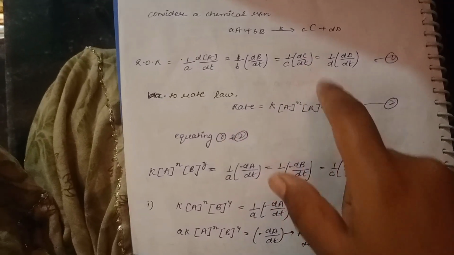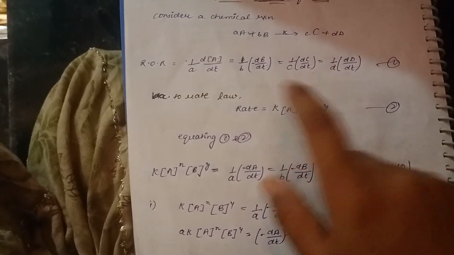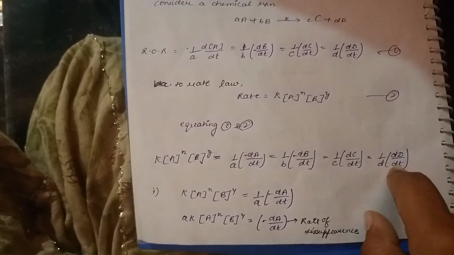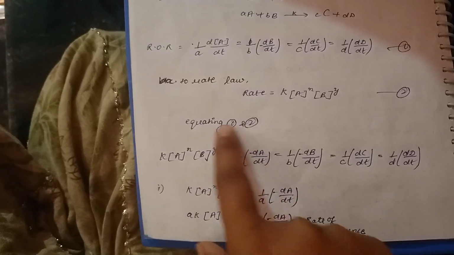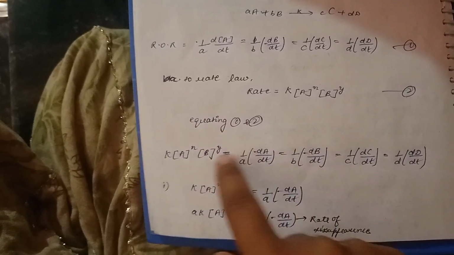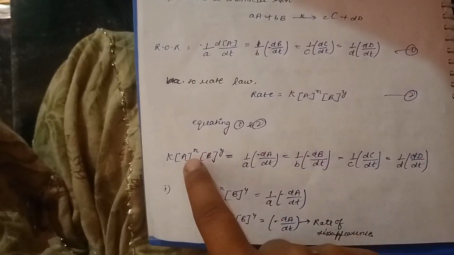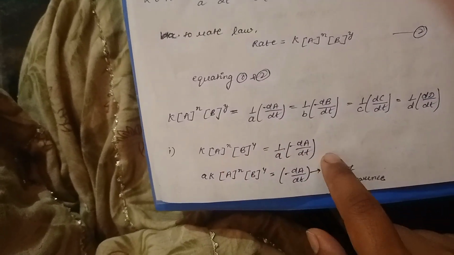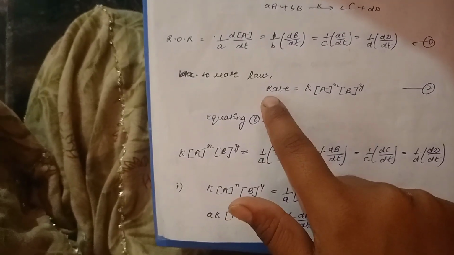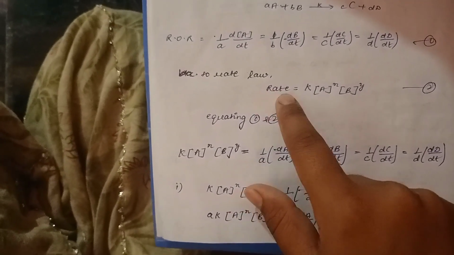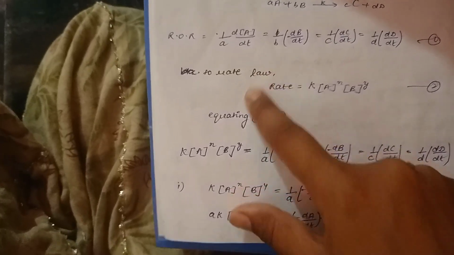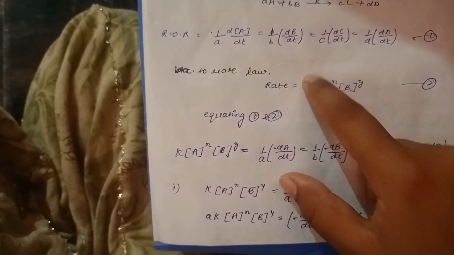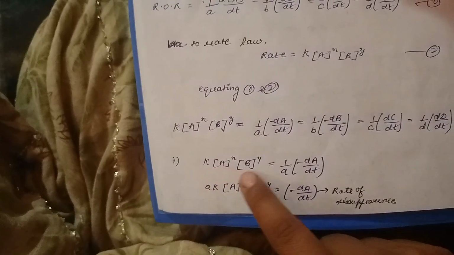By equating both expressions, because both show us the rate of the reaction, we can say that it can be written like that. By equating, I will take this one with this and this with this. First of all, from the rate law, I can say that what remains after the rate of reaction, the concentration of reactants, is considered as the constant thing.